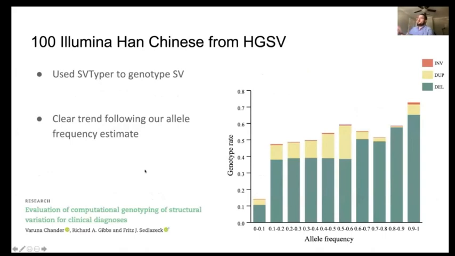We also genotyped these structure variants from the 1000 Genomes, or the HGSV, across 100 Illumina data sets to have a comparison and quality check. As you can see on the plot here, the allele frequency versus the genotyping rate: if we take rare SVs from our data set, we often have a low genotyping rate, whereas if we take very common to almost fixed SVs, we have a high genotyping rate in the 100 Illumina samples. This is exactly what we would expect and indicates the high quality of our data sets,